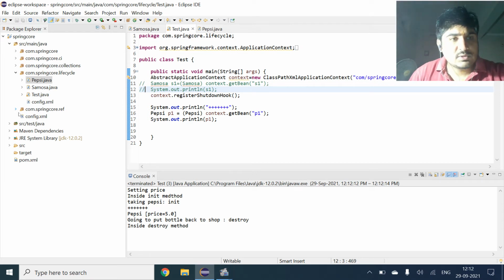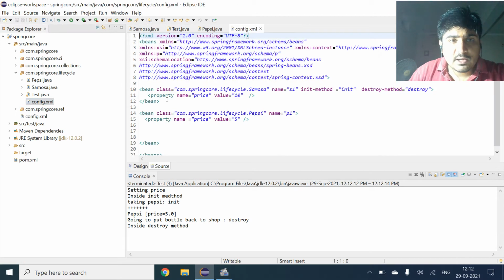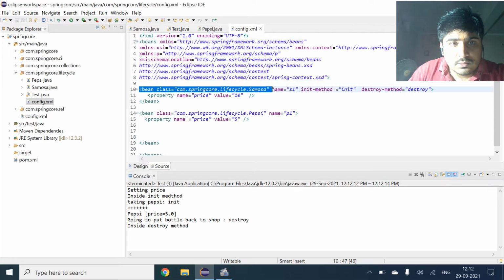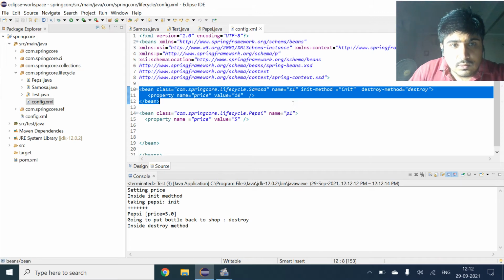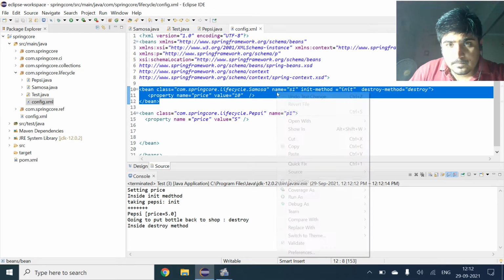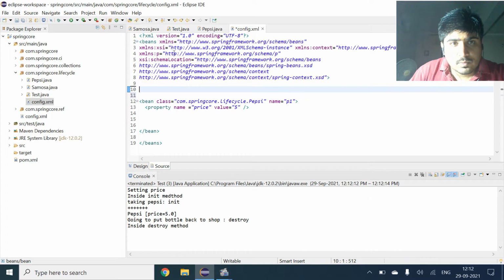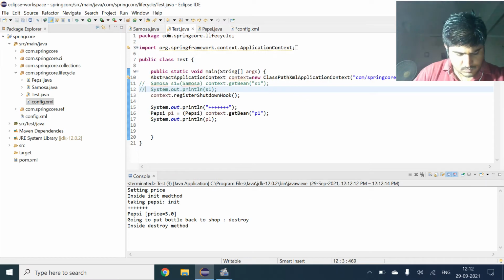We will come to our config file and cut this bean also. And what will happen if we run this?